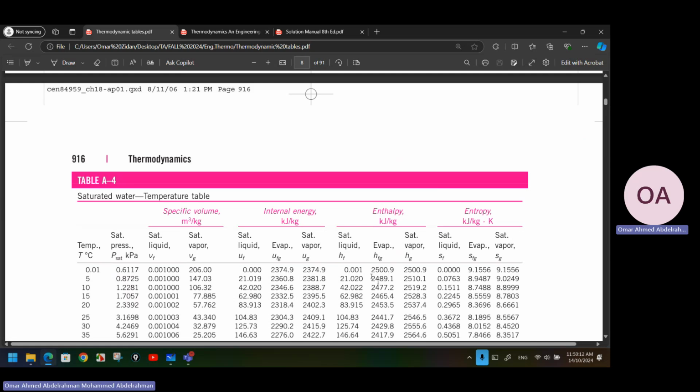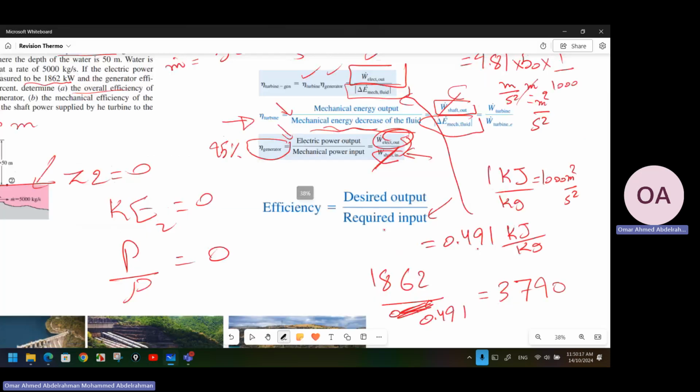Okay, it is equal to 0.7. Because, sorry, we forgot to multiply by the mass flow rate. We have a mass flow rate of 5,000 kilogram per second. So if we multiply by the mass flow rate, you need to multiply first. Okay, so it will give you